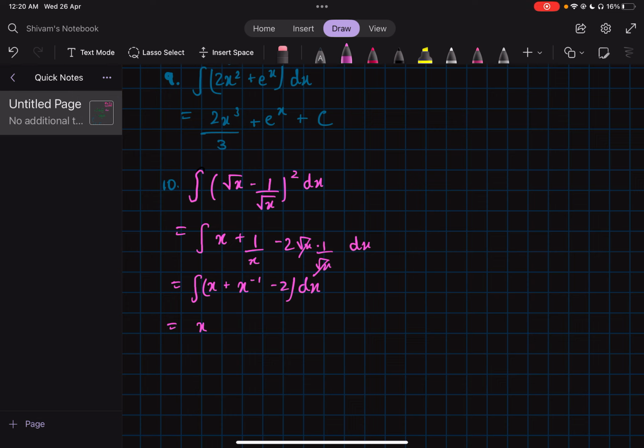For x, it's going to be raise the power by 1 and then divide by 2. Then for 1 over x, we know that the integral of 1 over x is log mod x plus c. This is because when you differentiate log x, you get 1 over x. So this is the only case where we can't use the power rule, because it leads to a denominator of 0 if you check it out. If I try to use the power rule,